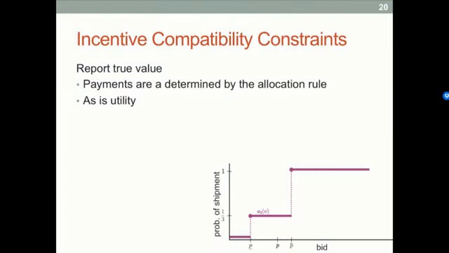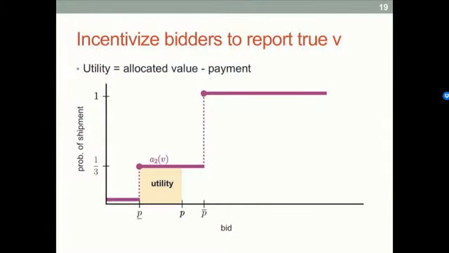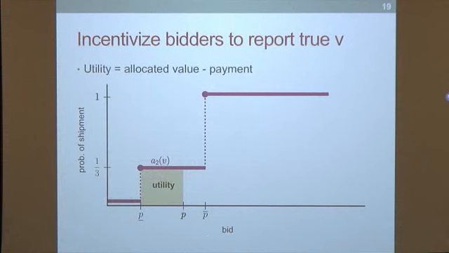So our incentive compatibility constraints are that. I'm sorry, can I ask a question about the previous slide? Yes. So does that mean if I pay more than P lower but less than P upper, that I have paid more money for the same probability of shipment, but your claim is I've extracted more utility? So this axis is your bid or your value when it's incentive compatible. It's not your payment. Oh, I see. Your payment is the area to the left, which is equal for all of those. Oh, I see. Sorry.